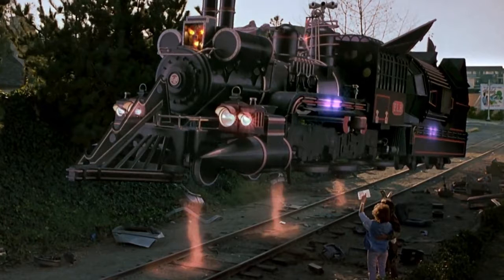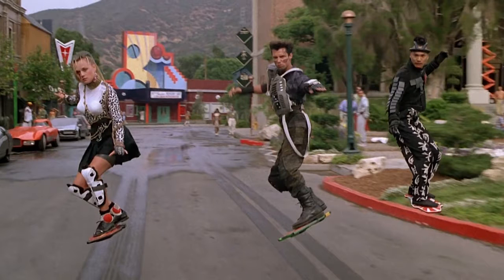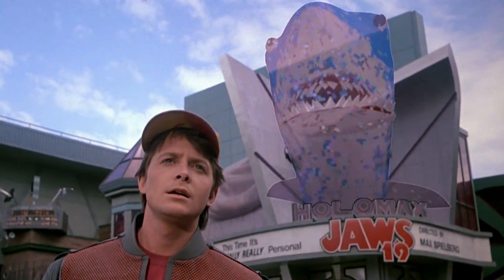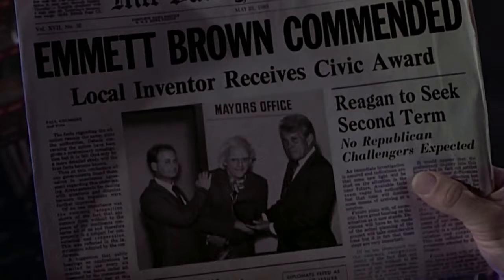And another problem with these movies is that they show the future of 2015 and they had flying cars and all of that stuff, and yet it didn't happen in real life. So we can also debate the question, why didn't it happen the way the movie predicted it? And I actually have an interesting theory to explain all of that, and that's by saying that maybe Doc himself is the one who invented all that technology in the original timeline. So if he had remained in 1985 and continued inventing new technology, then by the time of 2015, we would have seen that future that we saw with the flying cars and all that stuff.